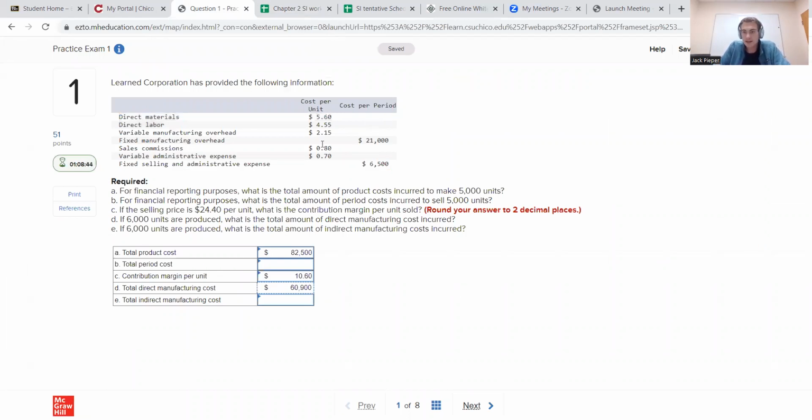Okay. The indirect manufacturing cost would be our variable manufacturing overhead plus our fixed manufacturing overhead. So indirect manufacturing cost, there's only one of them, which is manufacturing overhead. But just remember that manufacturing overhead is both variable and fixed added together. So we would do